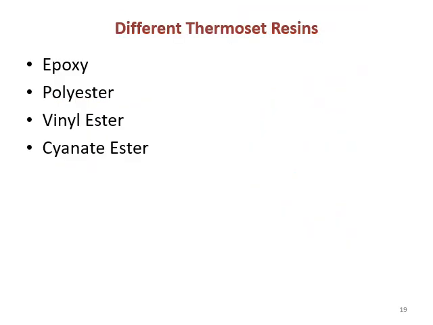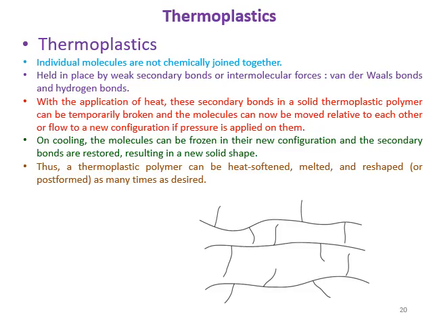So these are the different kinds of thermoset resins like epoxy, polyester, vinyl ester, cyanate ester. These are low molecular weight liquids initially, right? And a certain kind of hardener is added to them when they are mixed with fibers, so that they change their state from a low viscosity liquid to finally a solid state for the production of composites. If you want the chemistry of epoxy, polyester, vinyl ester, cyanate ester, I can suggest certain books. You can go and read through them. Next, let us move on to thermoplastics.